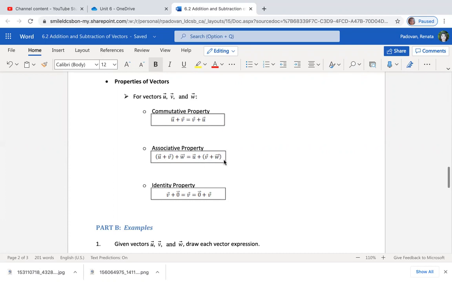It doesn't matter, again, when you're adding, if you add the first two together and then add the third, or add the second and third together and then add the first. Okay, and the identity property